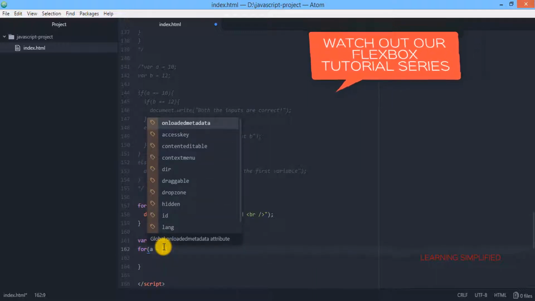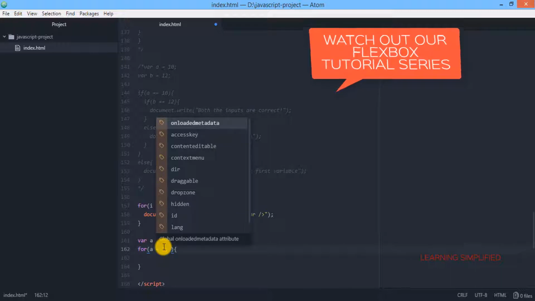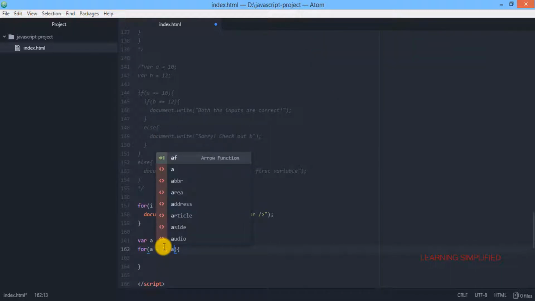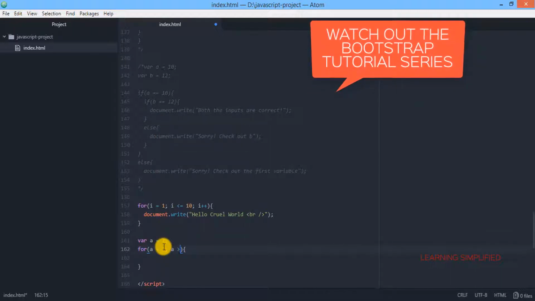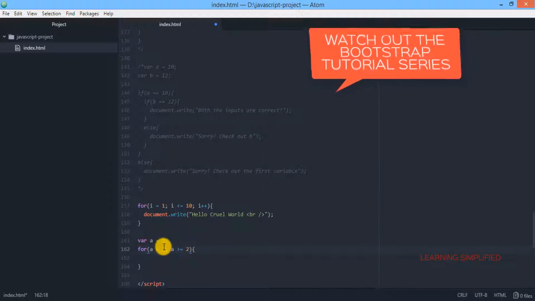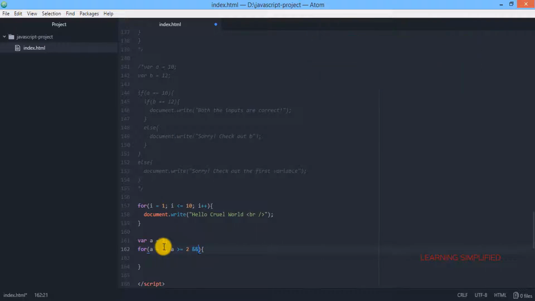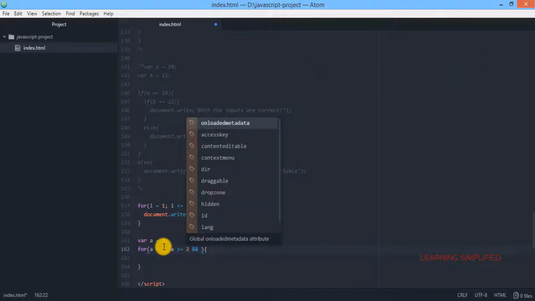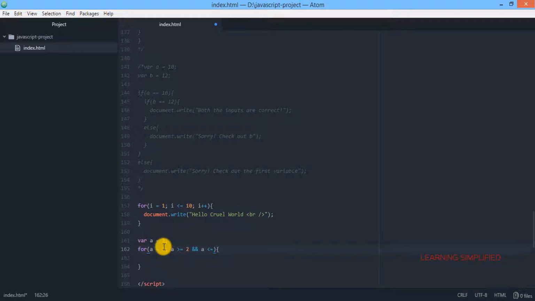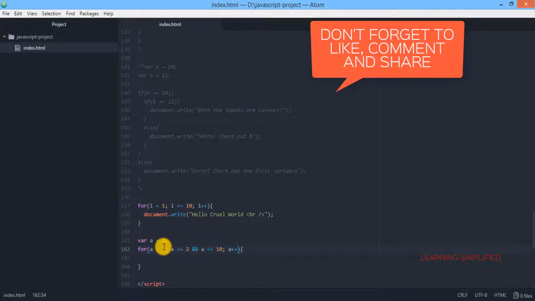The value of variable a is 2, then comes a is greater than or equals to 2 and we are stating that a is lesser than or equals to 10, and a plus plus. That means it will be a stepwise +1 increment.